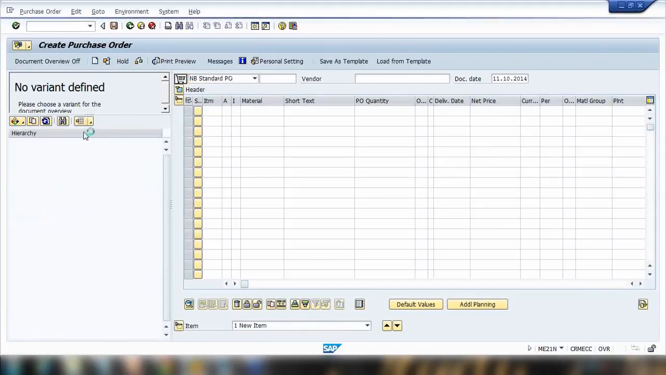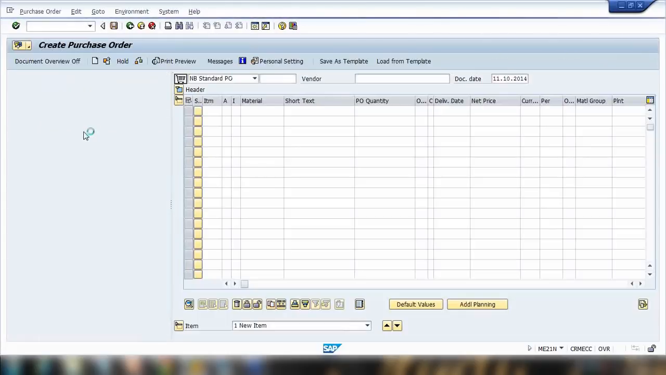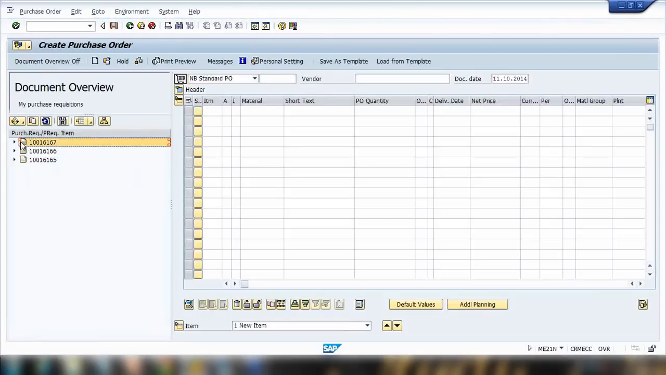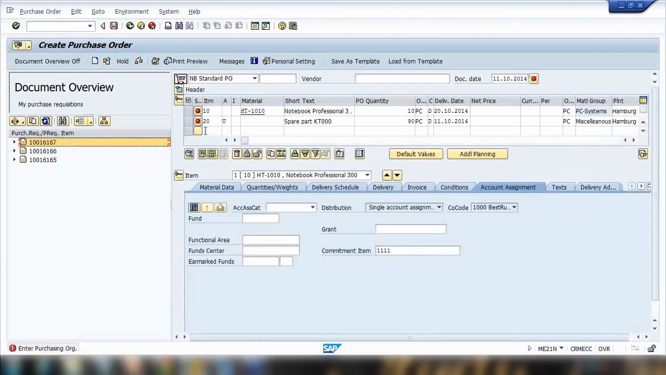My purchase requisition. Select that and now click on adopt. Okay, it copied all the data from the other one, and you can see on the top here, create purchase order. What it's doing now? It's creating a purchase order. It's not displaying the purchase requisition, it's creating a purchase order. Okay, so its data is copied to the